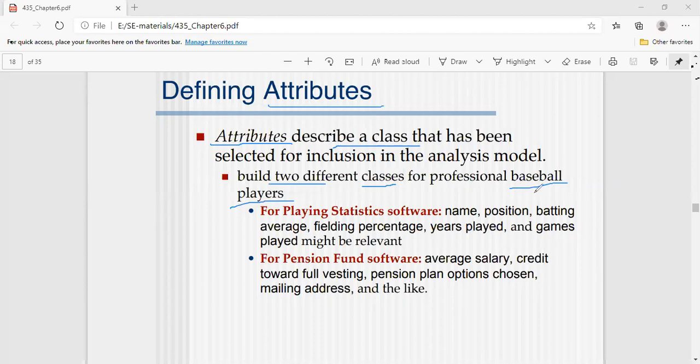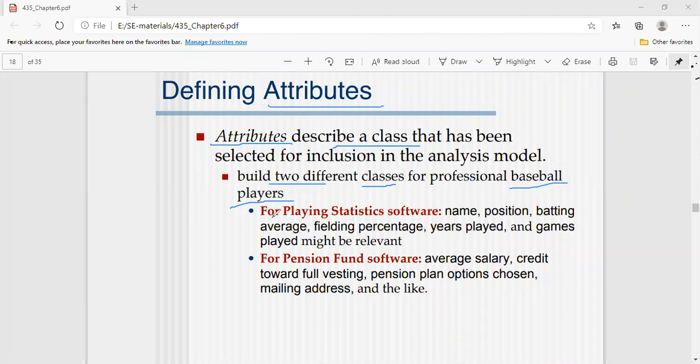This is one function of a project. So how are we going to define the attributes for class 1 and class 2?